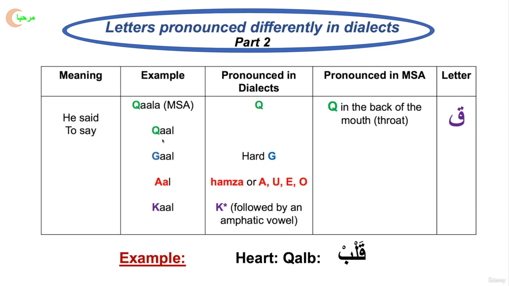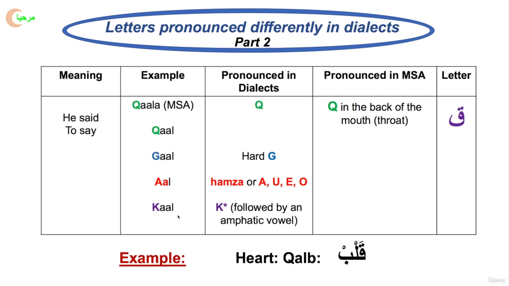And this is how we convert Modern Standard Arabic into a spoken Modern Standard Arabic. So qala becomes qal. Now, in the regions where the qaf is pronounced as a g sound, that word would be gal. If we are in a region where it's pronounced as an a, for example, in Lebanon or in the cities in Egypt, then it will be pronounced al. If we are in that small part of Palestine, then it would be pronounced kal. And remember, not kel, but kal.